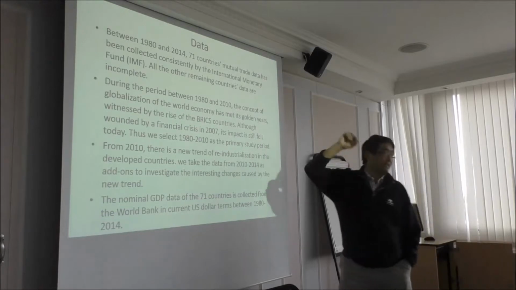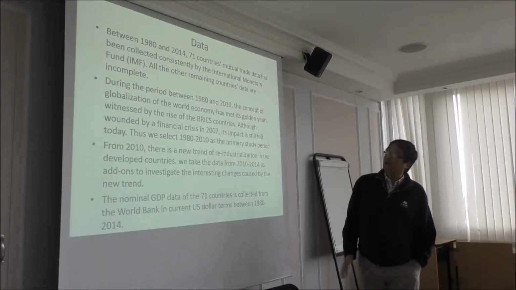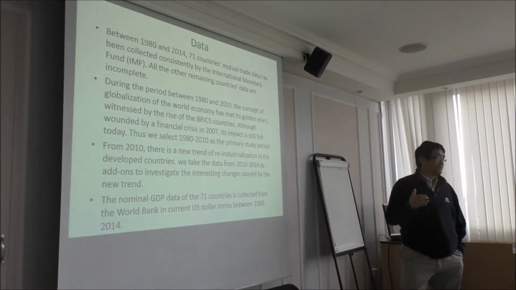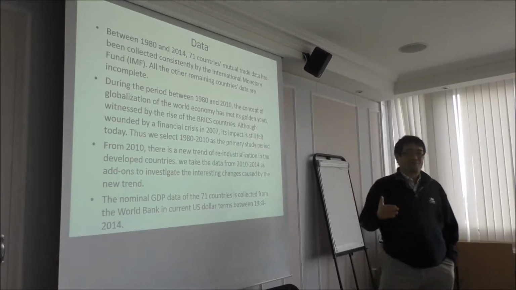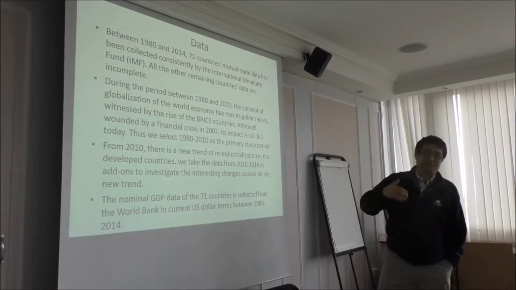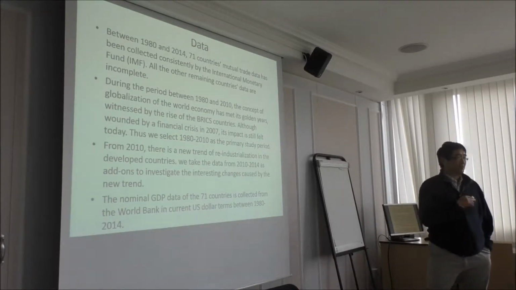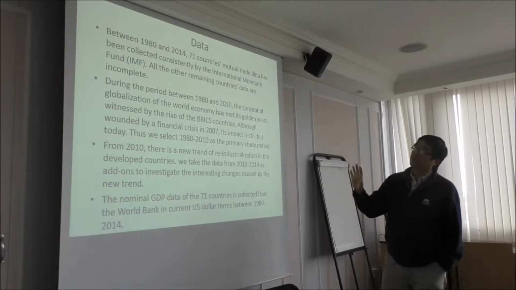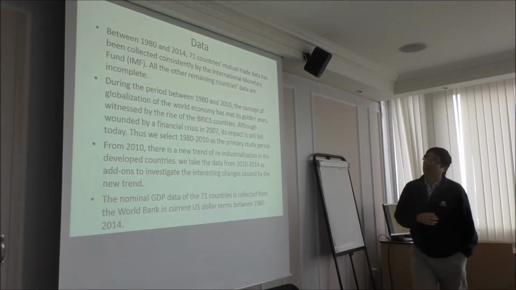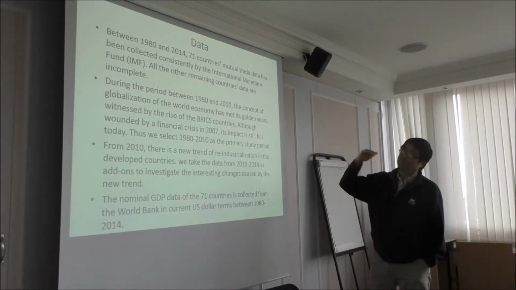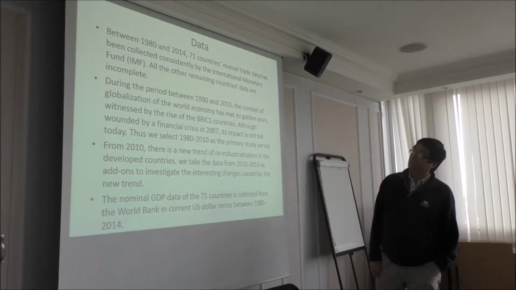We can only find 71 countries with complete trading data between 1980 and 2014. So there are a number of countries which are excluded. Unfortunately, these 71 countries are all quite major economies, like all the European countries, America, and all the large countries in Asia. The remaining countries probably didn't bother to report to the International Monetary Fund. So we consider that this should give roughly a picture of what is happening over the world during the last 30-some years.